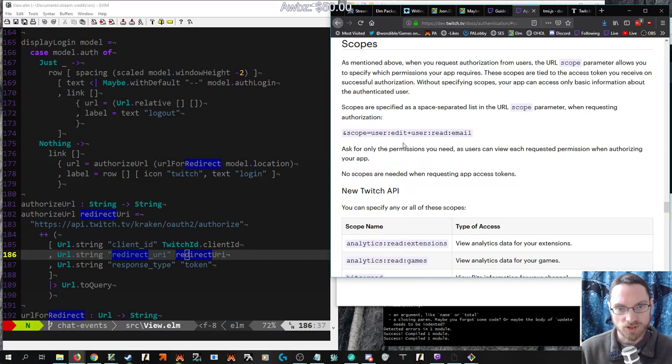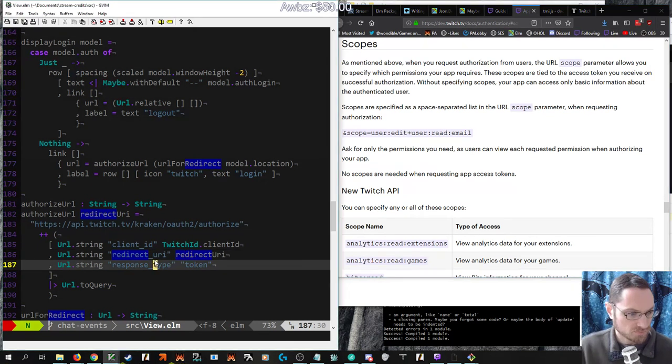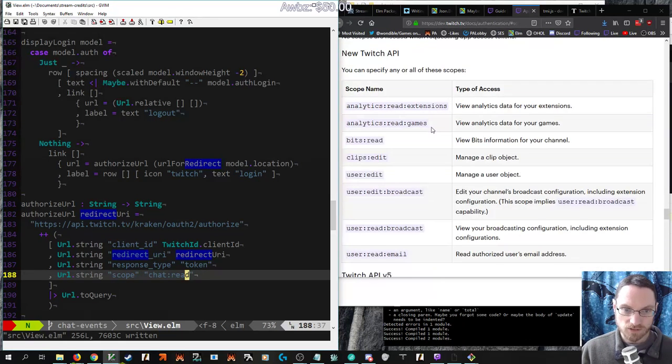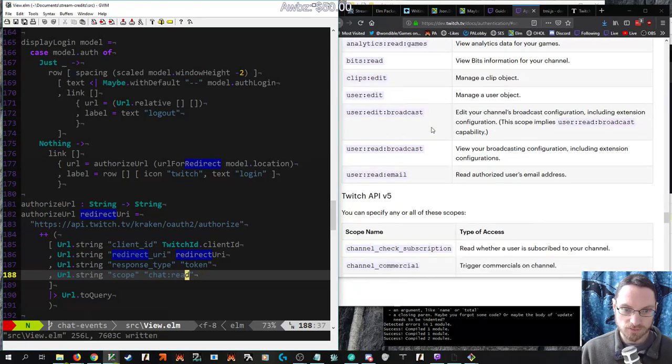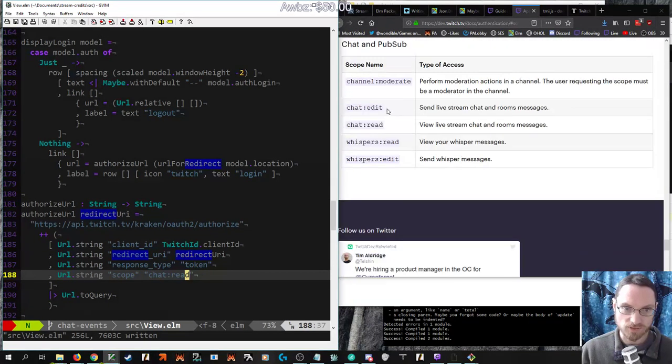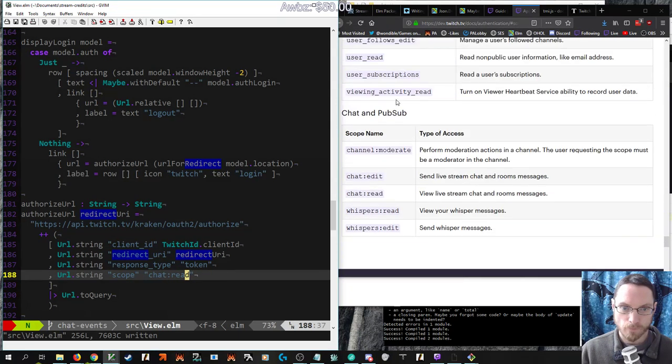Scope, so that would be chat read. Scope name, Twitch v5 API, chats and pub sub, chat read. Okay,